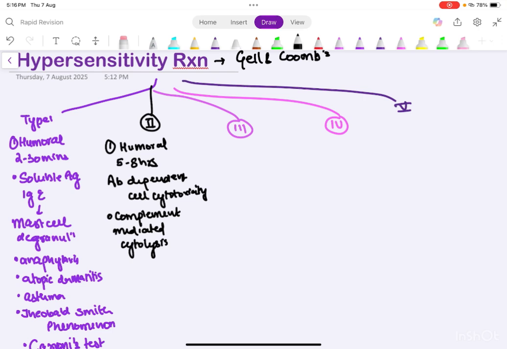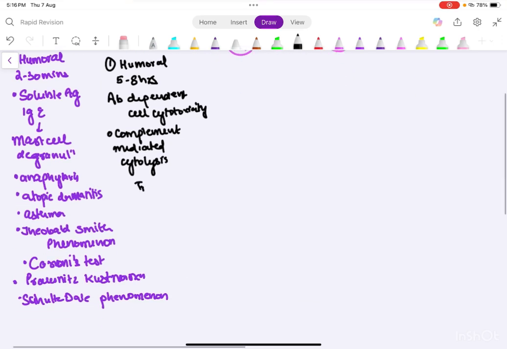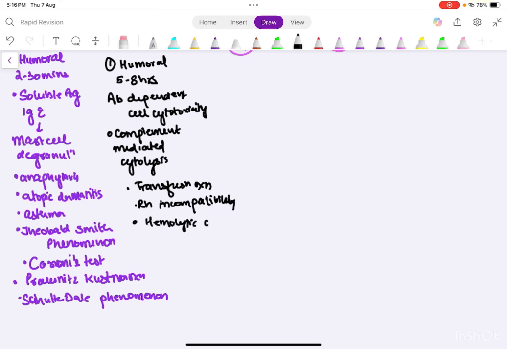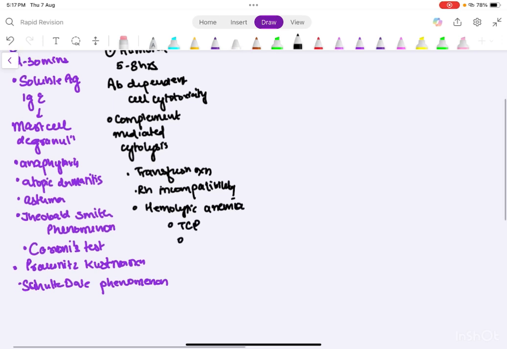Now in this the examples are transfusion reactions, Rh incompatibility, hemolytic anemia, then thrombocytopenia, then